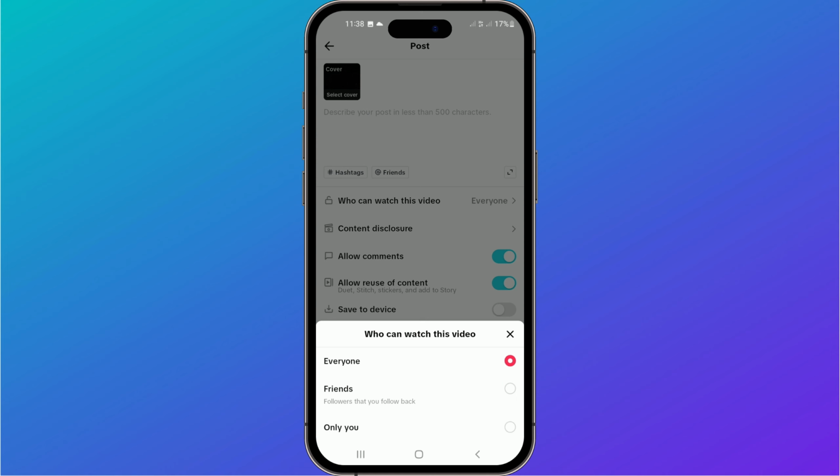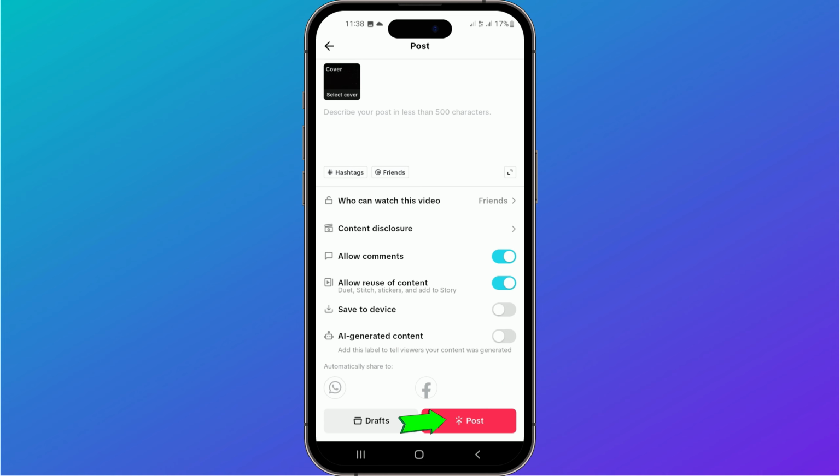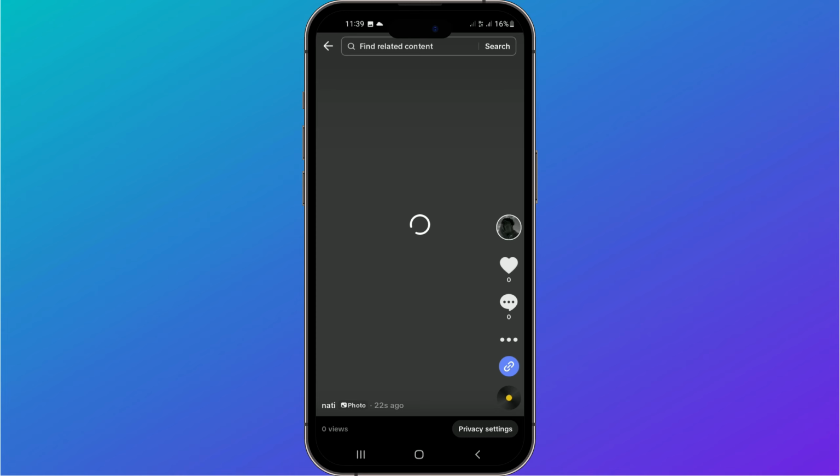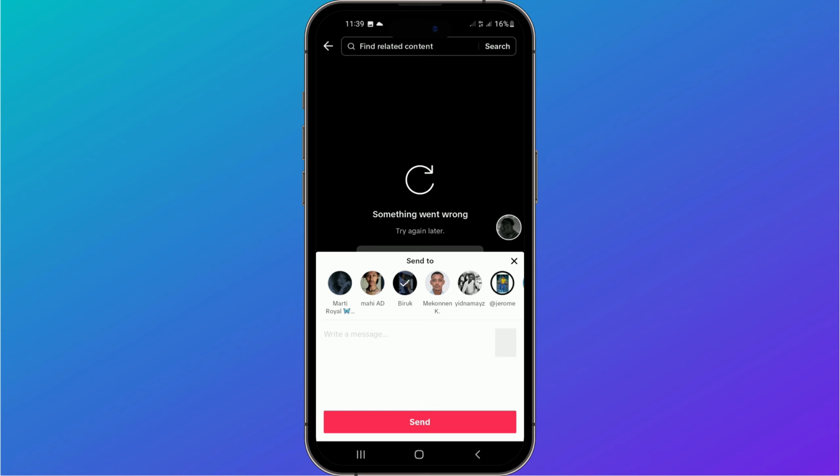Only. Now, once you do this, you will then be able to click on post and then you will want to head over to your profile. Once you refresh your profile, once it has been uploaded and once you have opened it up, what you would then be able to do is click on the three dots in the bottom right hand corner, and here is where you will now be able to click on your friend from this list. Once you do this, you will then be able to click on send, and then once